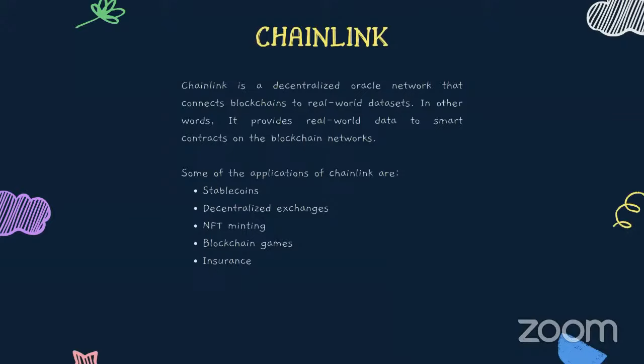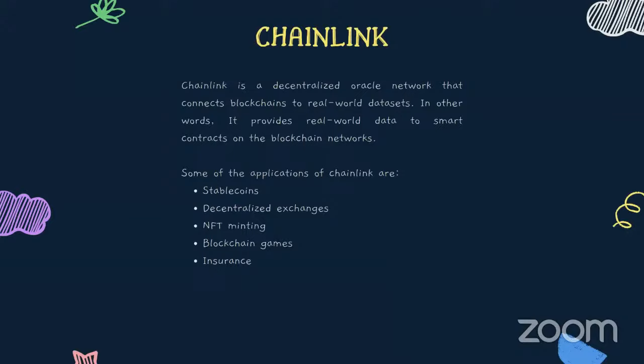One of them is Chainlink. Chainlink, like I said before, is a decentralized oracle network that connects blockchain to real world data sets, which means it brings off-chain data to smart contracts on the blockchain network. Because smart contracts are isolated in the blockchain, they do not have access to off-chain data. The only thing they can do is limited to the blockchain. So with a decentralized oracle like Chainlink, it brings data from the real world to the blockchain,